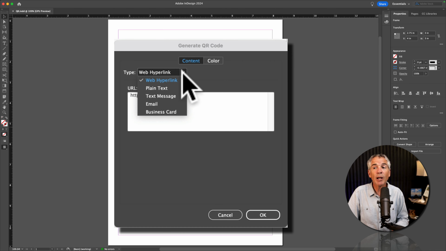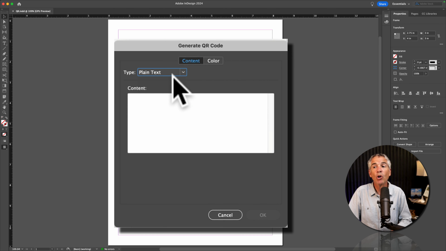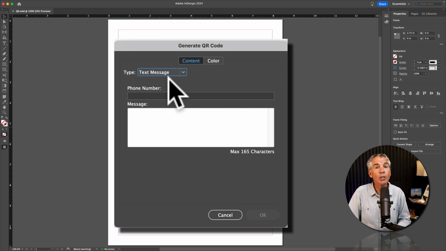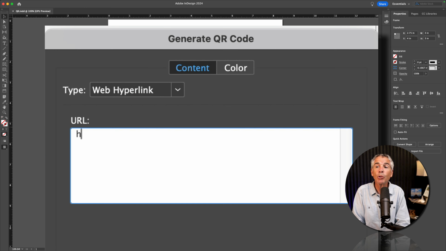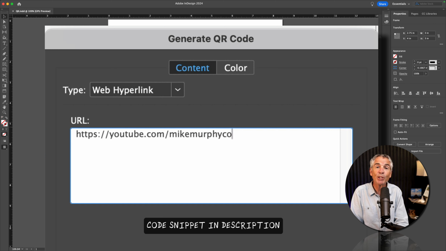Code. Click the drop down and choose a type, or what do you want the QR code to do when somebody scans it. But for this example, we're just going to choose Web Hyperlink. Make sure you include the https://. I'll enter youtube.com/Mike Murphy CO. And to ask people if they want to subscribe to my YouTube channel, I'm going to add